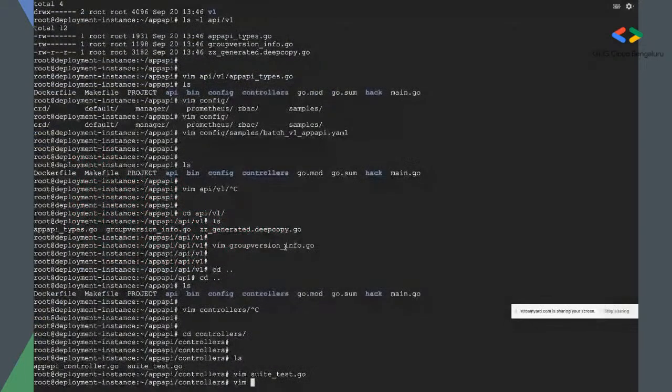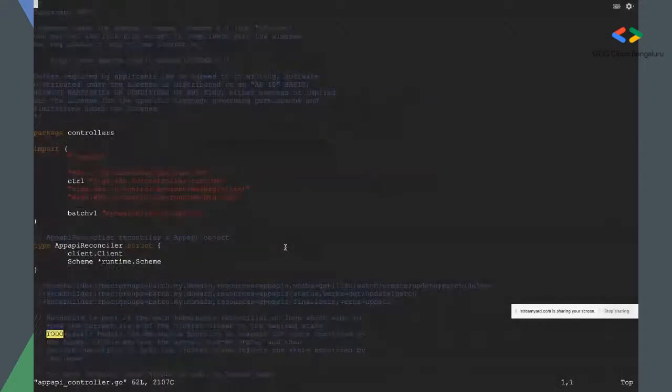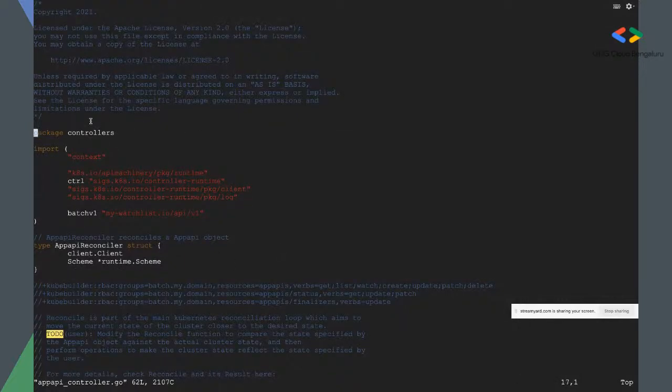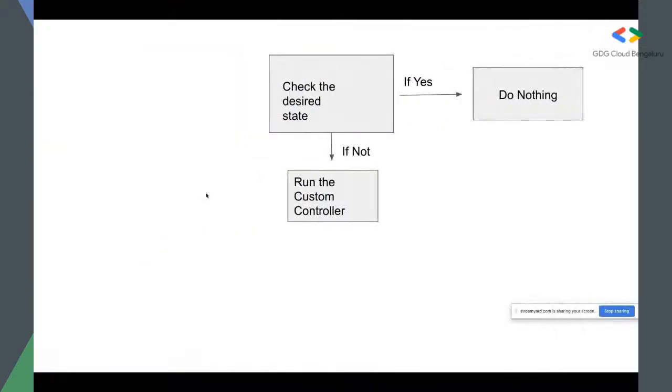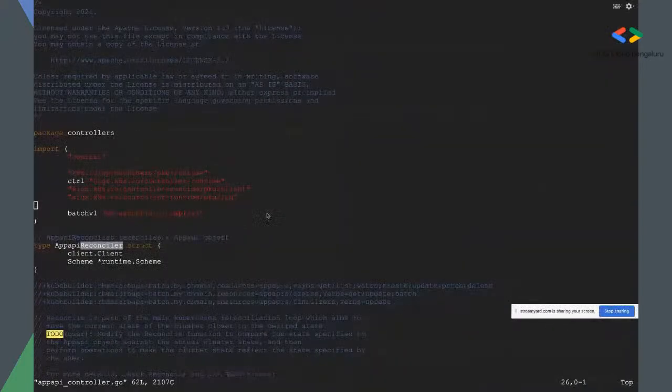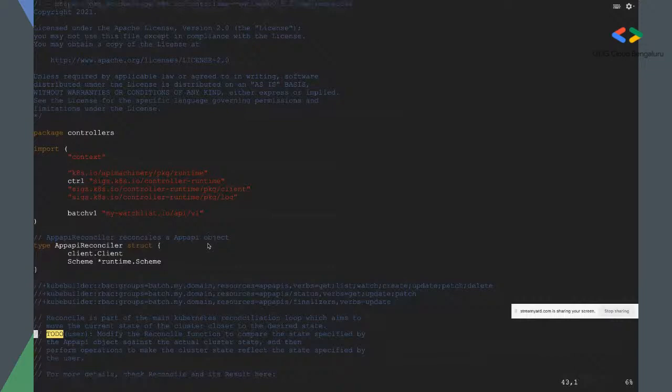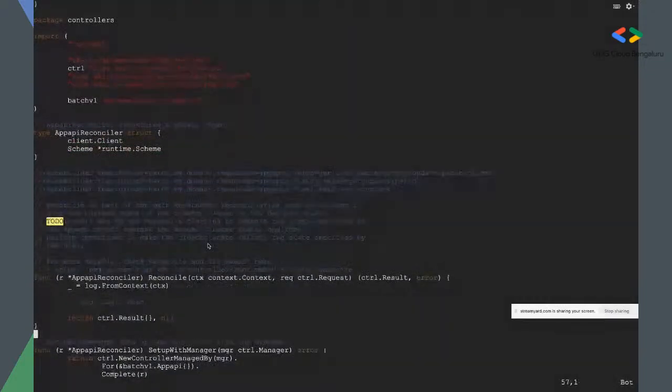And we have AppAPI Controller. In the AppAPI Controller, you can see that we are using package controllers, and these are the things we are importing. And then we have AppAPI Reconciler. This reconciler is basically responsible for resetting the state of the replica set. And if you just come a little below,